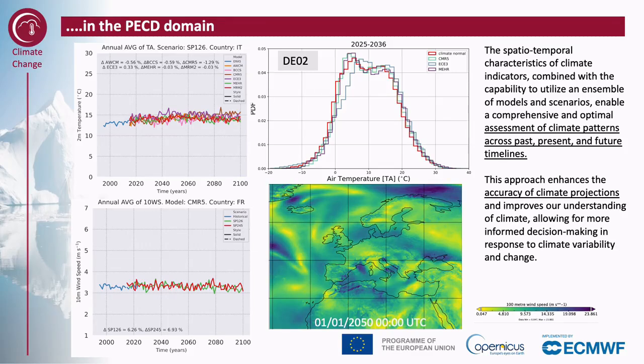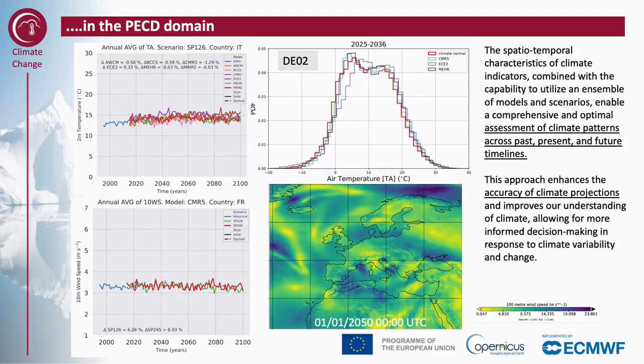Regarding now the application of climate indicators in the PECD domain, the figures represent in the top left an example of variability of the 6 climate models for temperature given a specific SSP, while in the bottom, for the 10-meter wind speed, the variability of the SSPs for a fixed climate projection model. In the top right, a comparison of the temperature distribution for 3 climate models and historical climate, while at the bottom we find an example of a map of gridded wind speed at 100 meters for a particular timestamp and